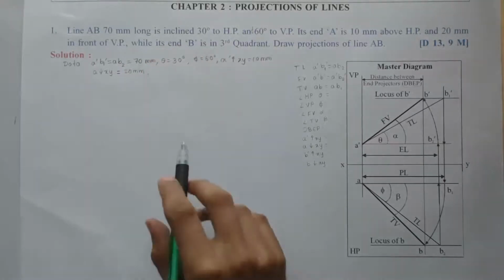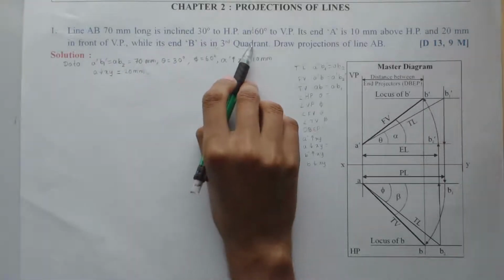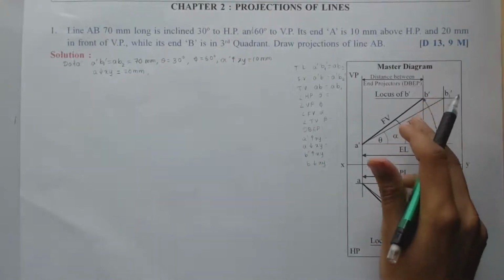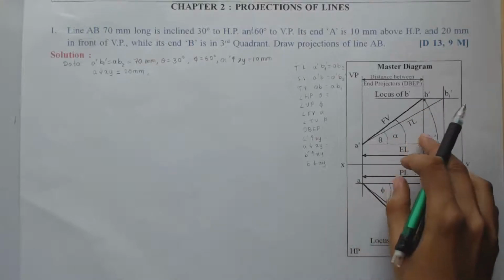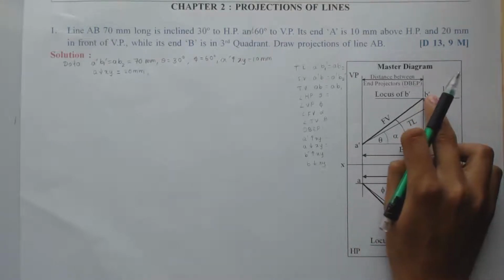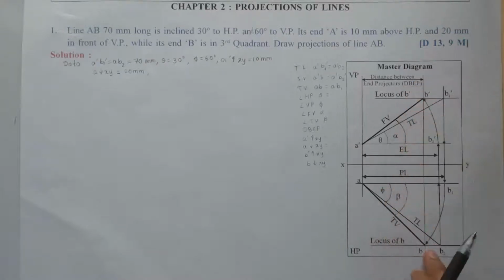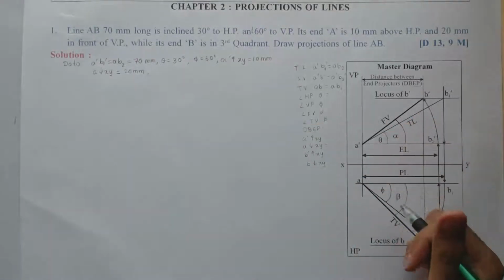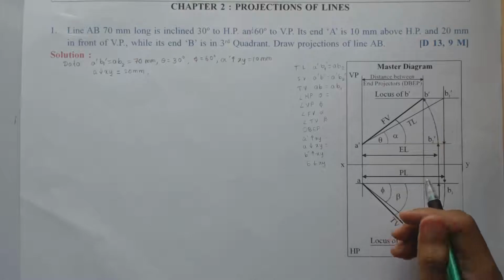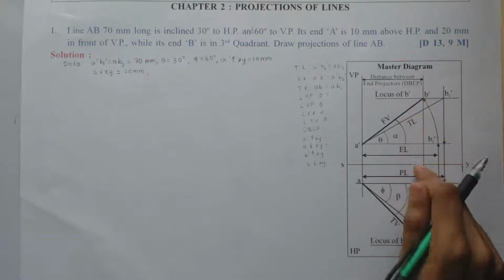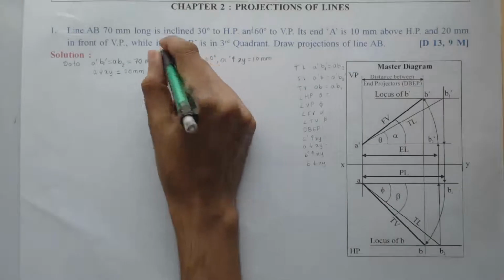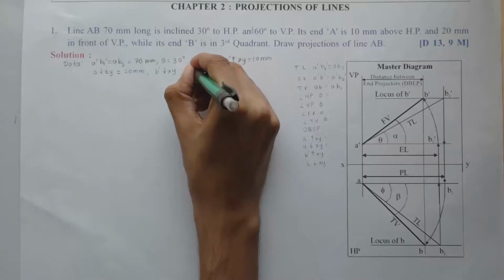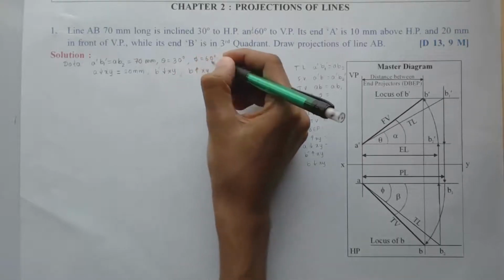While its end B is in third quadrant. Now here for the master diagram, the assumption is point B is in first quadrant. That means entire line is lying in the first quadrant. So that's why I'm getting the required front view B dash above XY line and B below XY line. But here the point B is in third quadrant. So the position of front view and top view will get exactly reversed. I'll get B dash below XY and B above XY. So I can write here B dash below XY and B above XY,